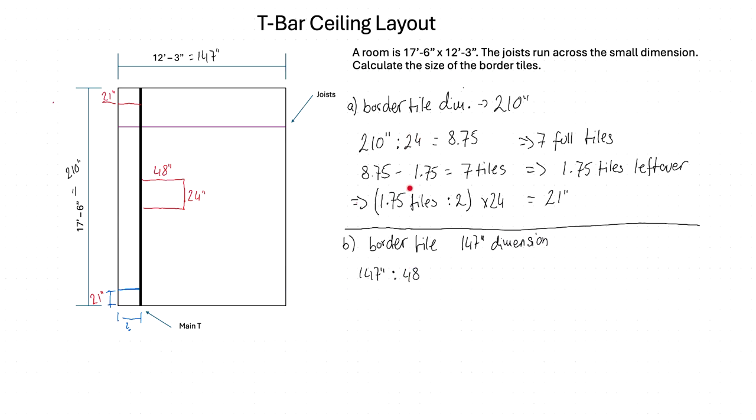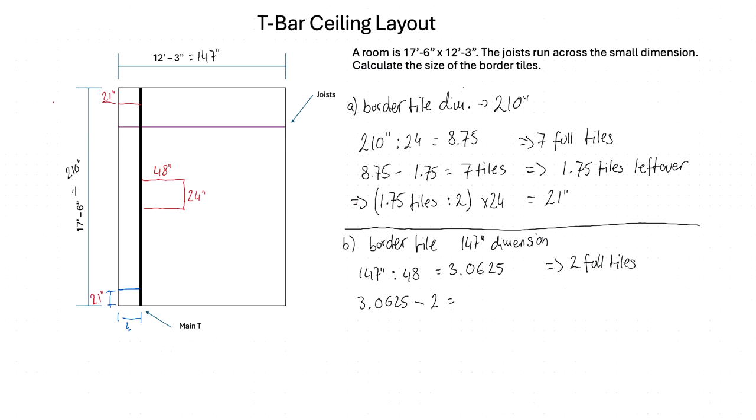So punching that into the calculator, 147 divided by 48 is 3.0625 tiles. So we want to keep what's left and still keep a full one. So that means we're going to keep 2 full tiles. Let's see what we have left over. 3.0625 minus 2 full tiles